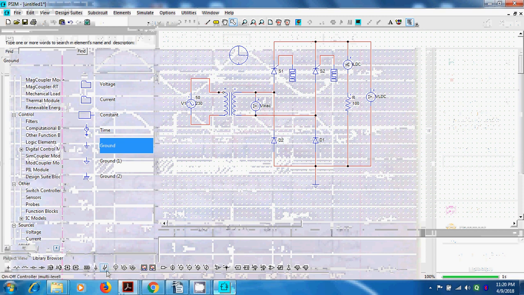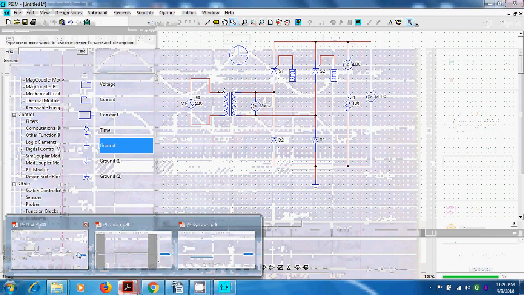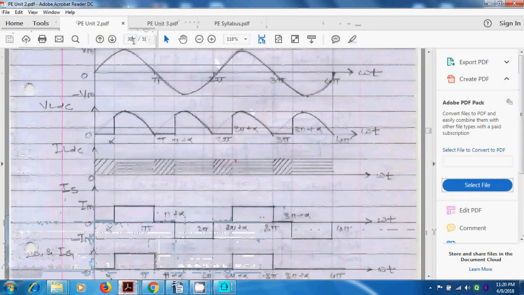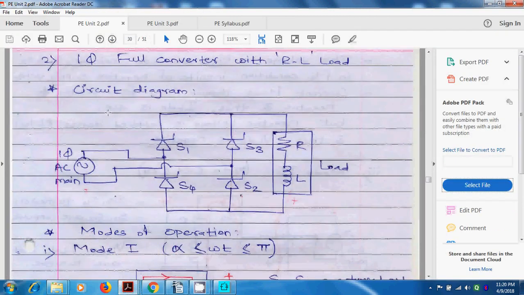So actually we know already what we mean by full converter. If we see the circuit diagram, this is the circuit diagram of a single phase full converter. From this circuit diagram, it is very clear that all are SCRs, so instead of diodes, all are SCRs. Here we especially study the single phase full converter with RL load, because in case of R load also, the waveform will still be the same as the single phase semi converter. And this theory is known to us.